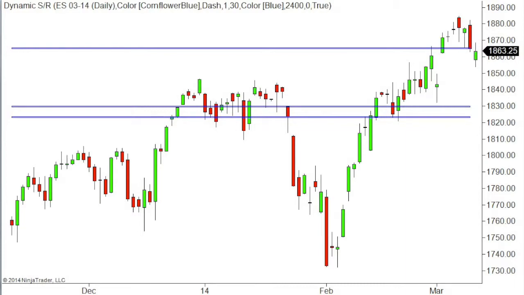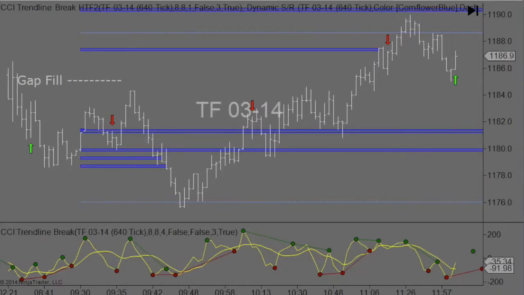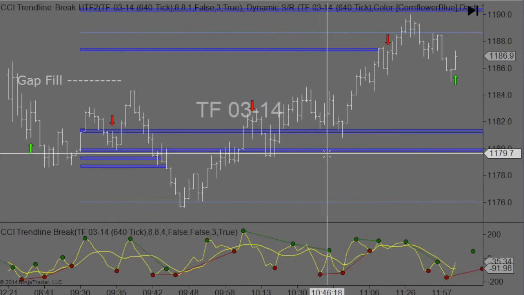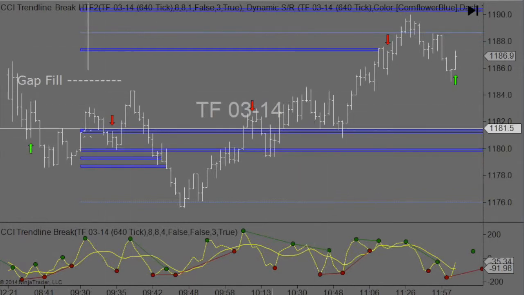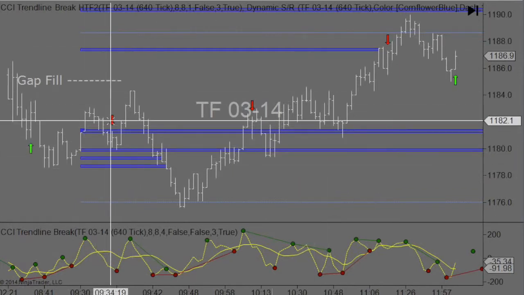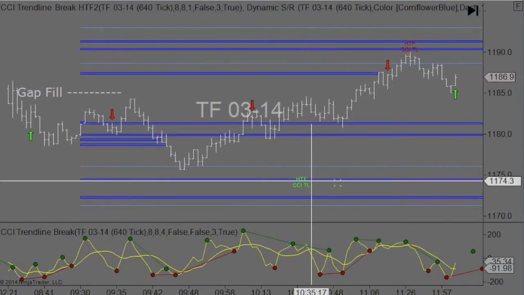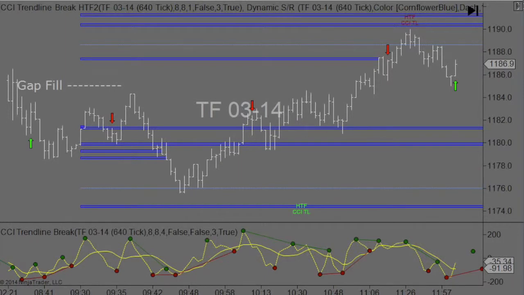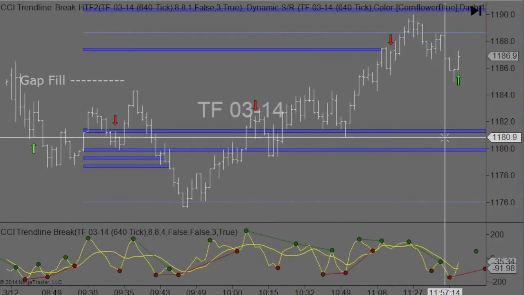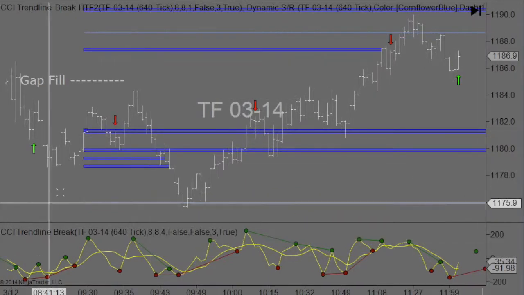I've been trading the Russell. Here's the 640 tick with basically I'm just using my support and resistance indicator and the CCI trendline break, and also the higher time frame CCI trendline break. I do look at volume and other things like that, but today I noticed we were marching up to this